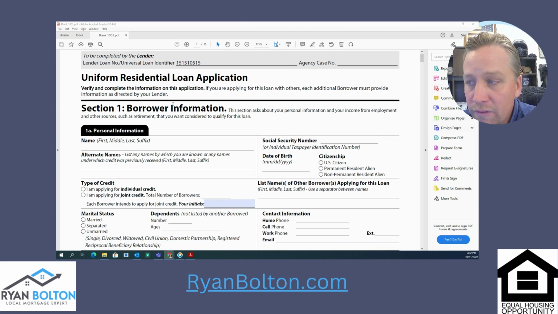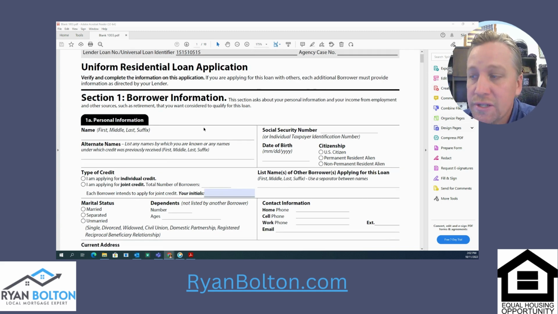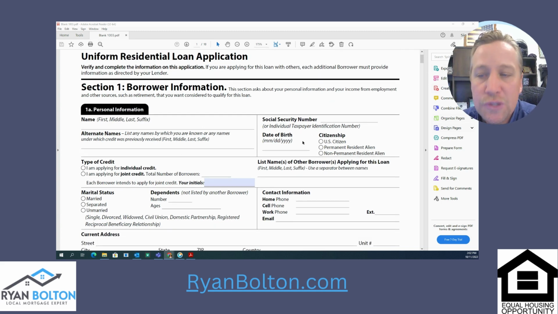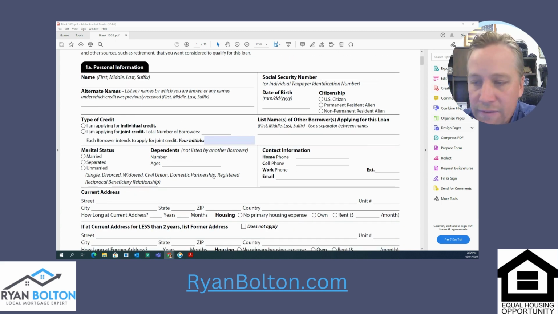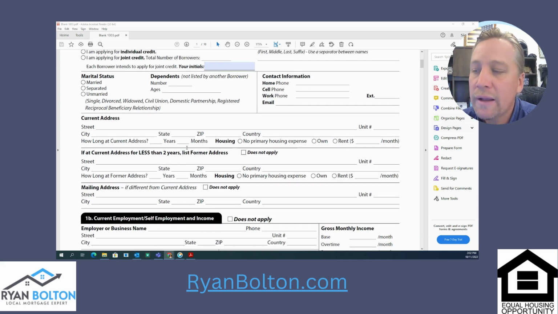Now, the first section is always the borrower's information. This is going to have your names, social security, date of birth, marital status, all these different things here. Your current address will be on here. With the current address, they're always looking at a 2-year history. So wherever you've lived and worked for the last 2 years, they want to see on the application. So that's what the current address is going to be at. If there's something different, you'll have this section here if it's less than 2 years. If there's multiple ones, the boxes will open up for as many homes or as many addresses as we possibly